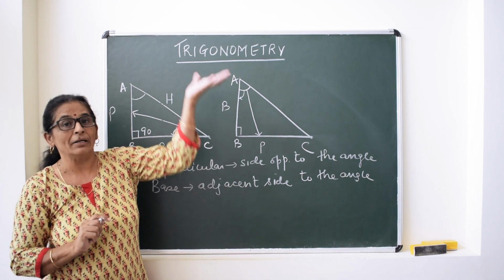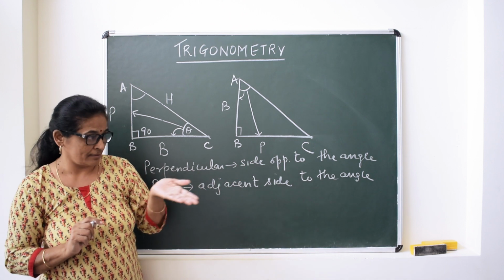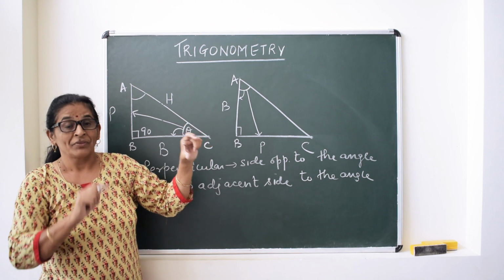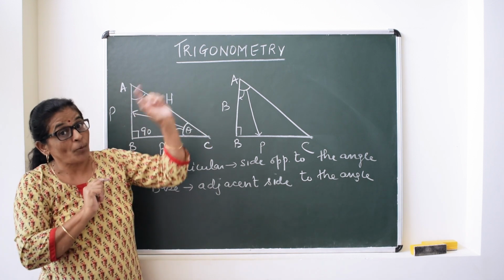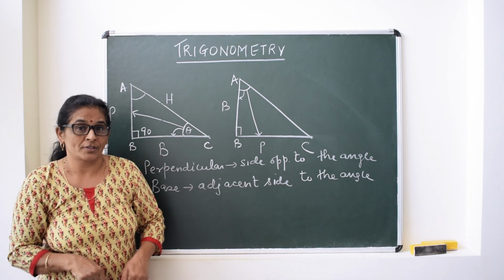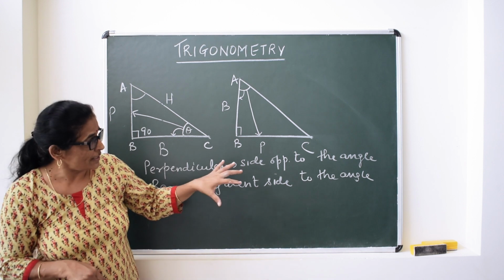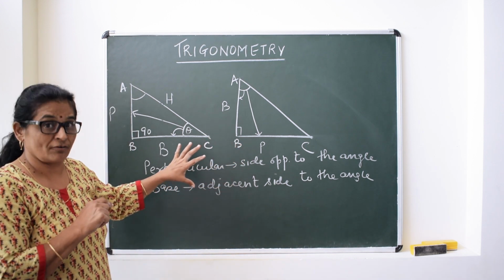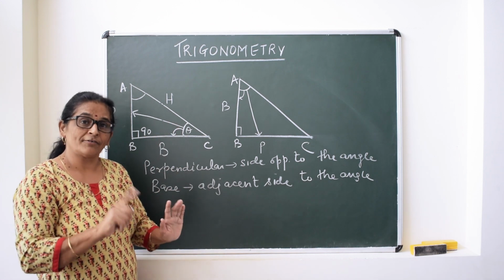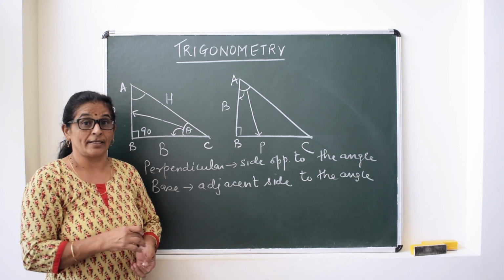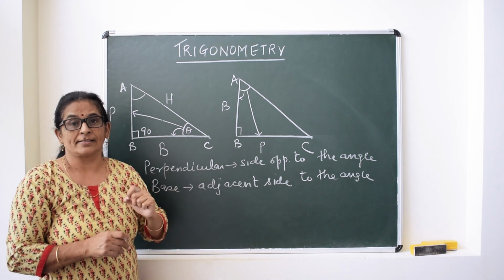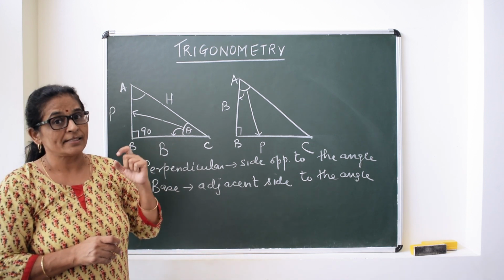If there is a building and we are standing some x meters away from it, and we know the height of the building and the angle at which we look at the top of the building, we can find the distance between the building and our foot. So this is the first application of trigonometry. First we will see all the 6 ratios, and after that we will see how we can apply these ratios in day-to-day life, as well as the ratios for some specific angles. So let's see first what these 6 ratios are.